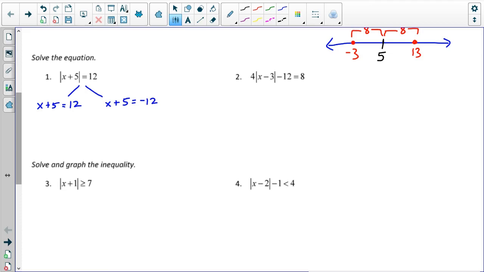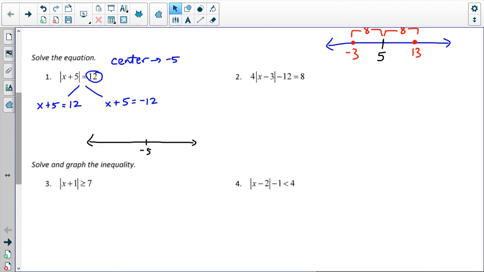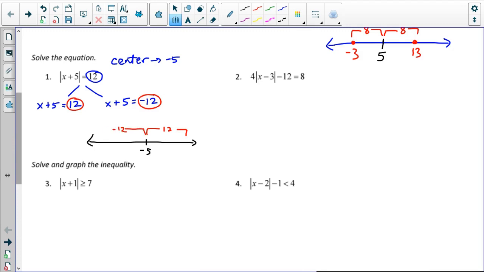That is because if something is 12 units away from the center, notice that my center in this problem is going to be negative 5. What I can do is draw a number line where my center is negative 5, and I know that my distance is 12. So since a distance is 12, that means I can go to the right 12, or I can go to the left 12,